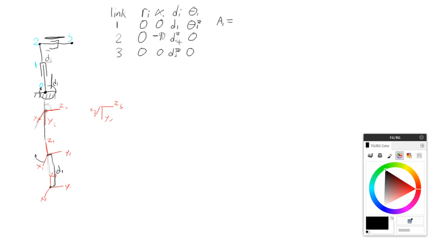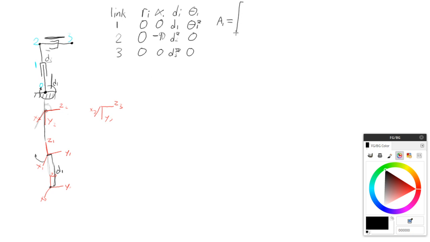Something to remember is that our alphas aren't variables, and our Ris are never variables either. The reason Ris are never variable is that we intentionally place our z-axis such that our d is always going to be our variable. That's just the way it works by the way we assign our axes. So if you ever end up with a case where your r or your alpha is a variable, that means something may have gotten screwed up, and it likely didn't apply your axes following the right rules. Anyway, remember we've got our standard form for how we make these matrices,